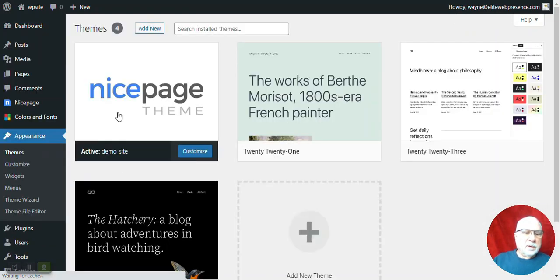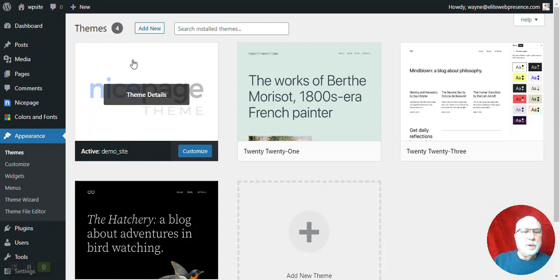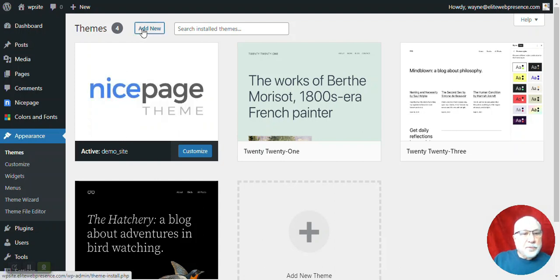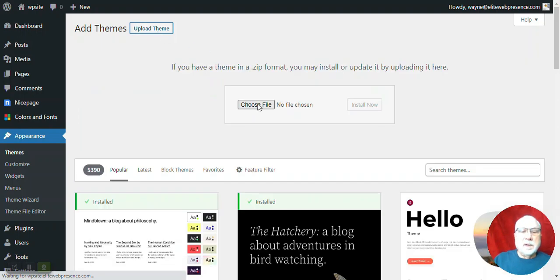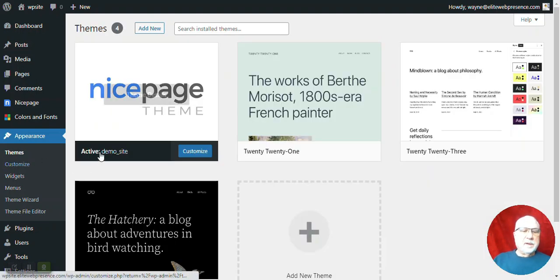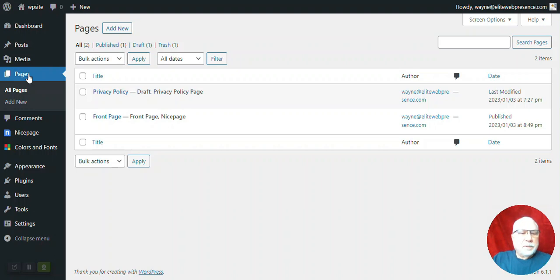And then here, of course, it's already installed, but we would come up to add a new theme, then upload a theme, and then choose the zip file that we exported from our desktop and install it. And so then we would just simply need to activate our theme and then go in and customize the different features. So I want to go to Pages and now show you the website page that we designed and working